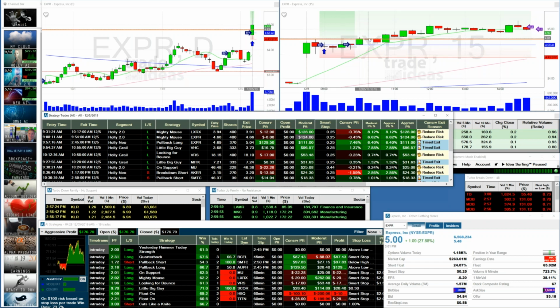But a lot of these are the same type of auxiliary patterns playing out, and the more time that you spend with the AI, the easier you're going to be able to identify these in the future. So just keep that in mind. If you're in a trade and you see the AI exiting prematurely with a reduced risk or a profit save, you might want to think about giving that trade a little bit more time. If you're not in the trade,